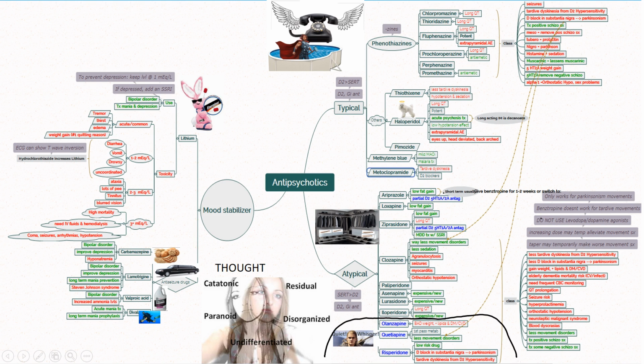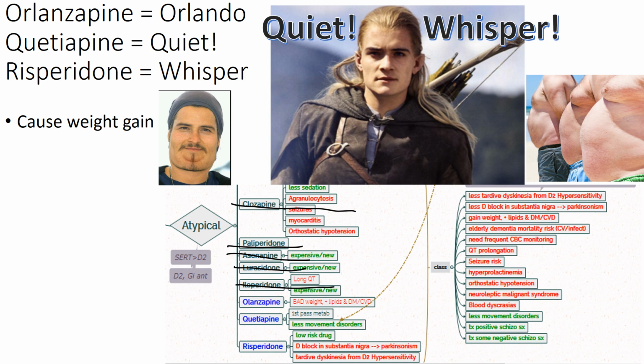So anyway, now we're going to move from the typical antipsychotics, which were more dopamine 2 receptor blockers than they were serotonin blockers, through their alpha-1 antagonism. Now we're going to move to ones that are more serotonin than they are dopamine. These are the atypical drugs. We're going to cover these ones down here first, okay? So these first ones here,